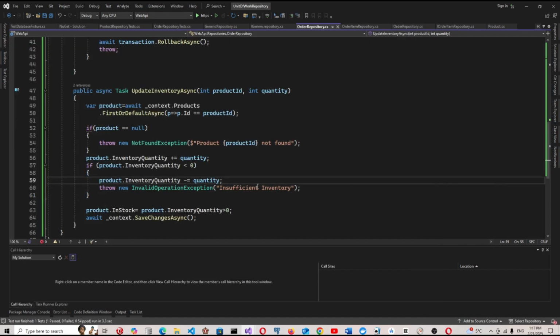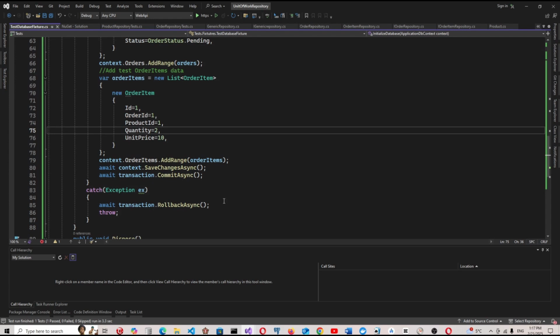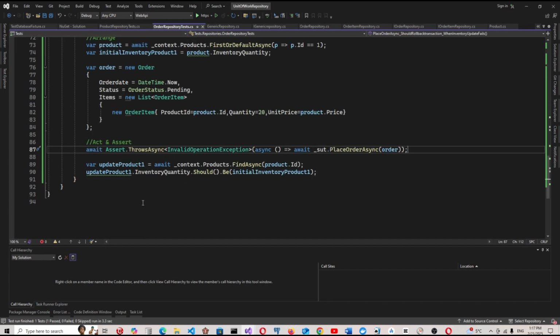Okay, and now we can say we also want to test because there's a rollback. This order should now be saved. In order to test this order should now be saved, we can say